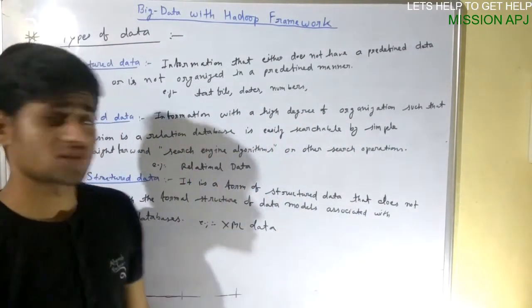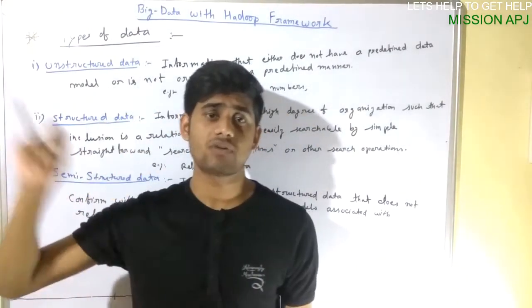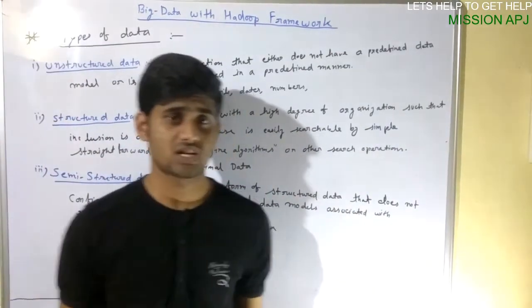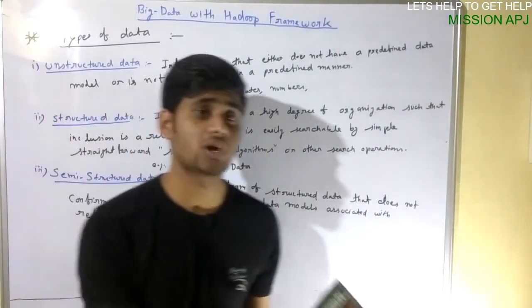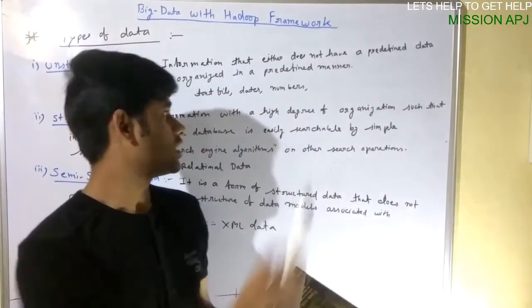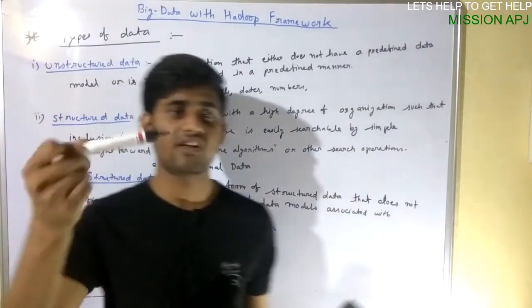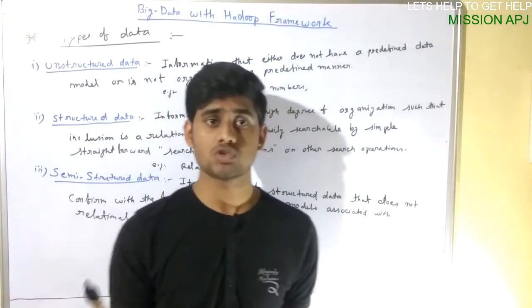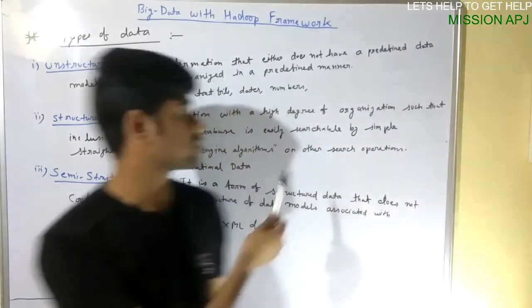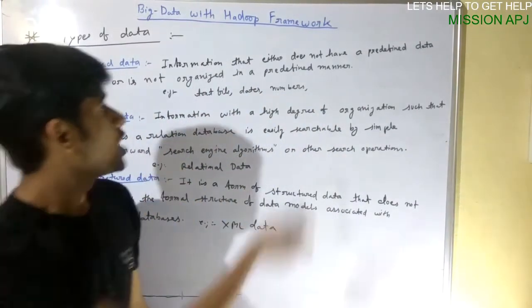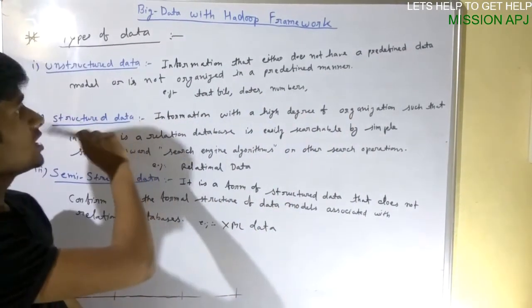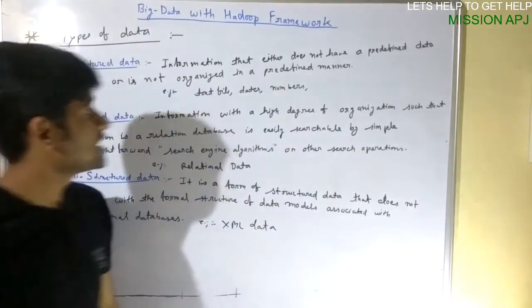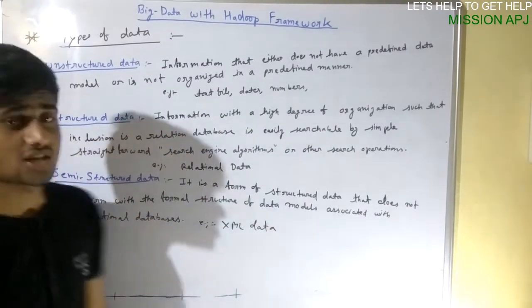Now dates are also the same, just written as 22/7/2000 or something. That date is not giving us any information, because we had not stored that date with some key value. Now numbers, just random numbers we put in. We don't know what the number is about, so we need to classify those numbers also. If it is not classified, then it is also unstructured data. So data that does not have a predefined data model, like text files, dates and numbers, we say is unstructured data.